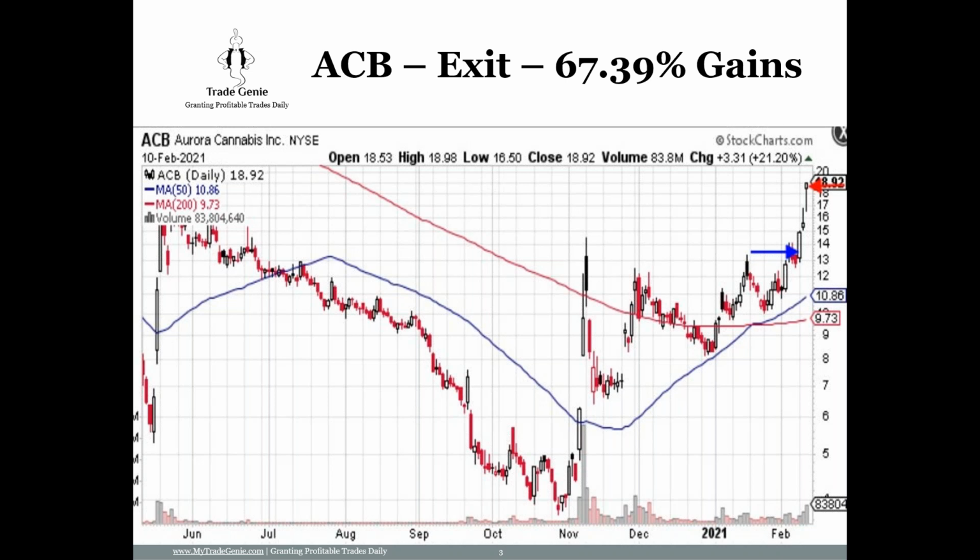So when I see this kind of candle, you can dial in. Please dial in. When you see this kind of candle, it's a gap up, big up move. So if I hold it, if I don't take my profit, I may give back the profit. If I don't take this up move, because what happened? Ask yourself this question: when you're trading options, and you see the immediate move in your favor, and within 2 days you see this immediate move, you need to lock your gain. So we locked the gain at 67%.